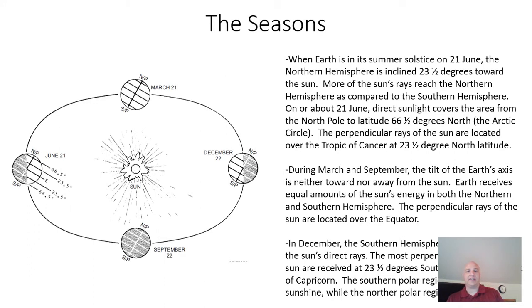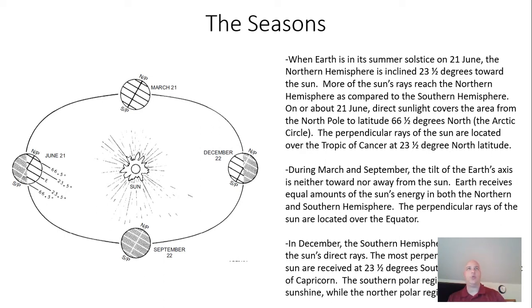With the seasons, the diagram on the left explains the tilt of the Earth. The sun is at the center of the diagram. You'll notice the Earth is on the outer ring here around the sun. And as we go through the different time periods throughout the year, I'll start by saying that the equinoxes,